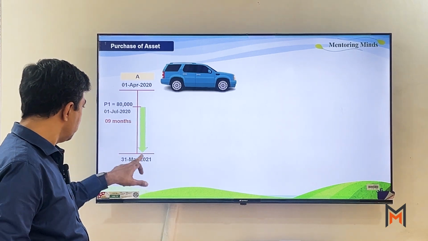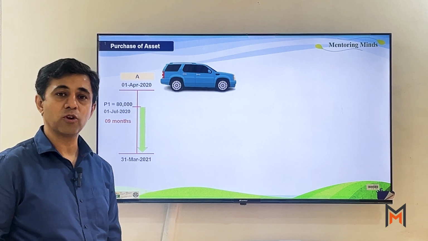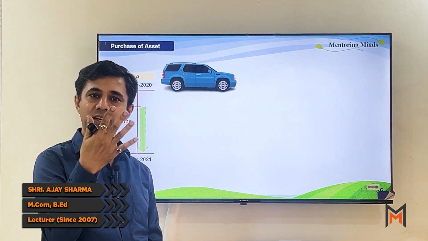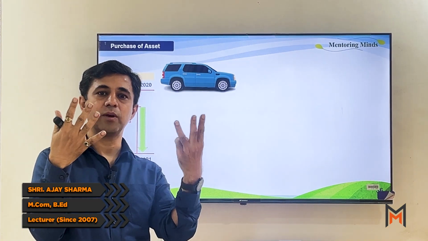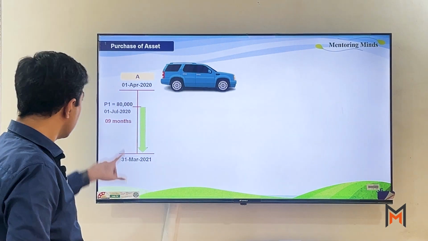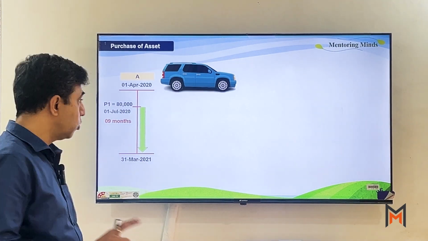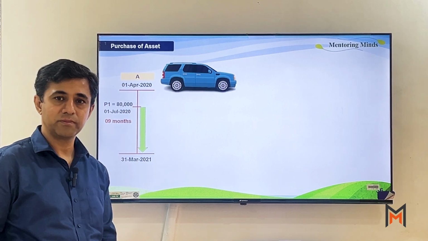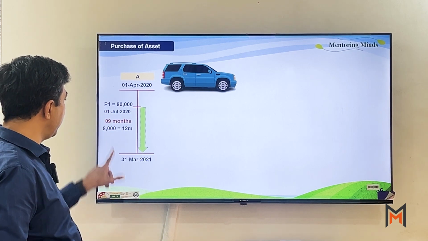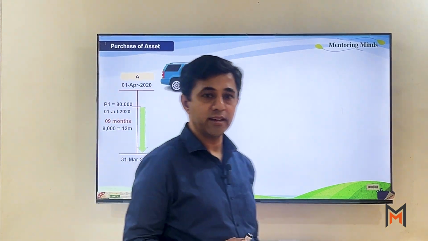फाइन। So now we are going to use this asset for 9 months. सर कैसे 9 months हुए? काउंट कर लीजिए फ्रॉम जुलाई टू मार्च। जुलाई, अगस्त, सितंबर, अक्टूबर, नवंबर, दिसंबर, जनवरी, फरवरी, मार्च। हाउ मेनी मंथ्स? 9 months. So 9 months का हमें डेप्रिसिएशन कैलकुलेट करना होगा। Let's say depreciation is 10%. So what is 10% of 80,000? Yes, 8,000। ये जो 8,000 डेप्रिसिएशन आपको मिलेगा, दिस विल बी फॉर 12 मंथ्स।